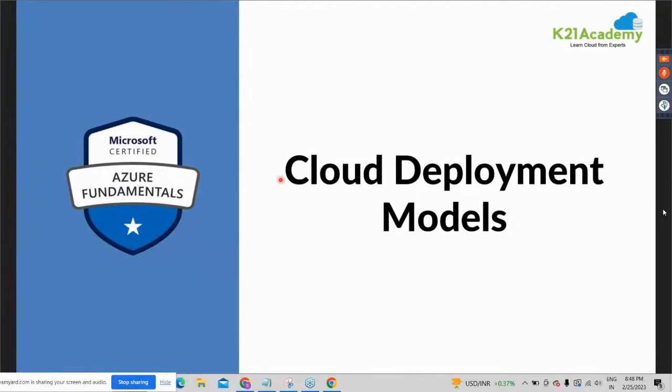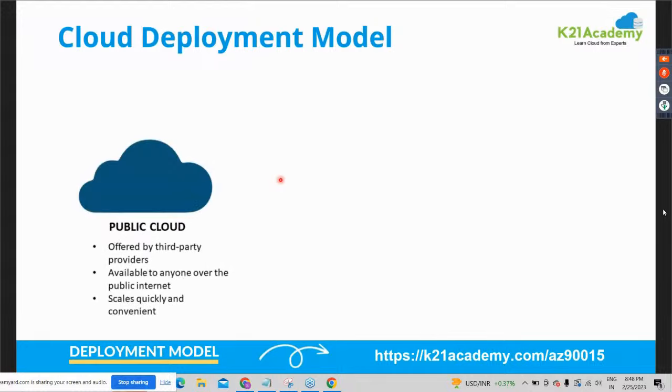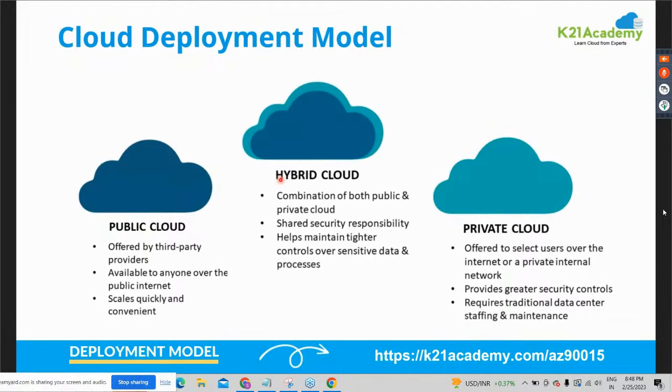Now, the next thing is about what the deployment models are that we have. Initially, when we say deployment model, you can find three types of deployment models here. The first type of deployment model we call the public cloud. Public cloud is owned by the cloud service providers, also known as hosting providers, and it provides resources and services to multiple organizations and users who connect to the cloud service via a secure network connection, typically over the